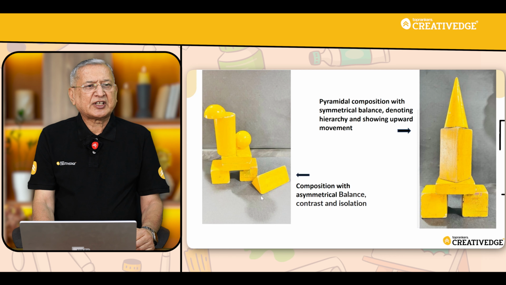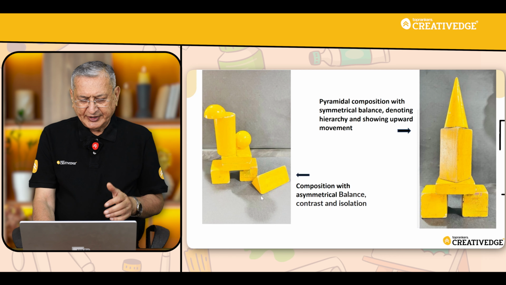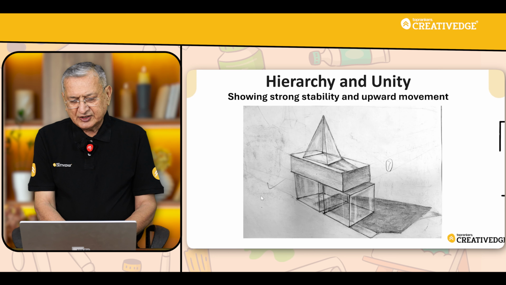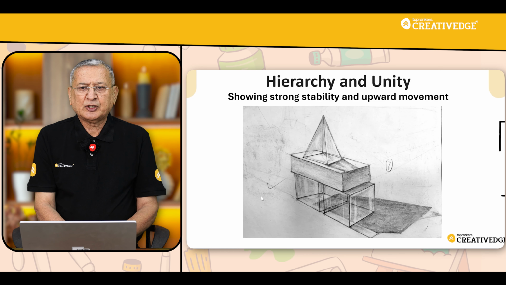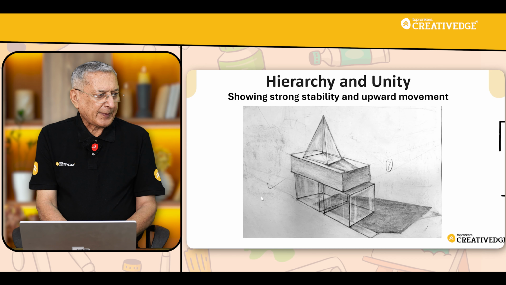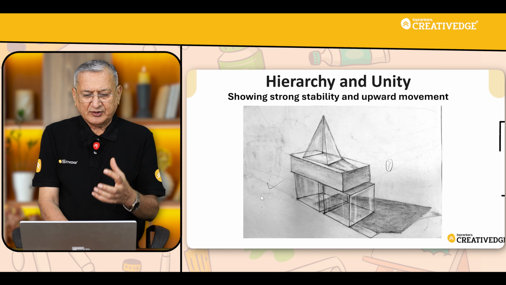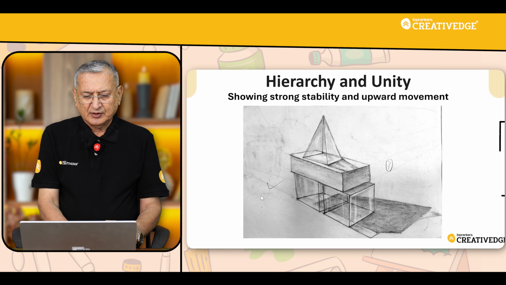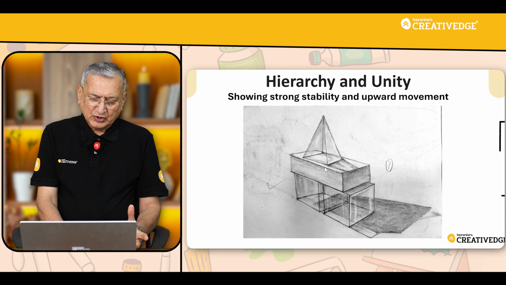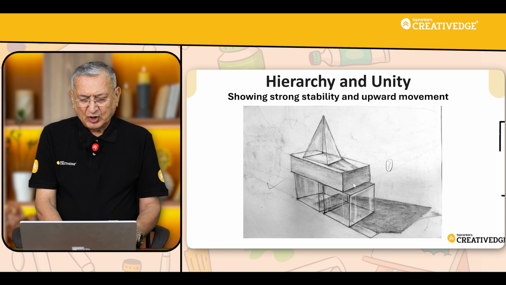Next, we take some sketches, but you have to imagine that these sketches are nothing but the soft objects that are given to you during the NATA examination. Now, mind you one thing, at times they give you more than 10 blocks, with many of them repeated. What can you do? Suppose you have to show only stability and upward movement. A hierarchy is also achieved. But what is given to you, you use as a pattern.